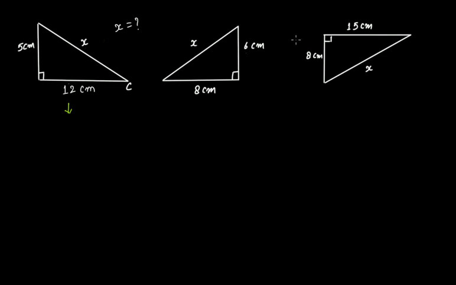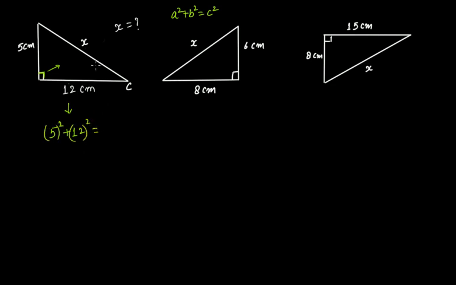X here, and x here. How will you do this? Well, it's a right angle triangle having right angle at this vertex, and the opposite side to this right angle will be this hypotenuse, right? So in this case, x is hypotenuse, and according to Pythagoras property, a square plus b square is equal to c square. You have to remember this one. A square plus b square is equal to c square, where c is what? Hypotenuse. So in this case, 5 square plus 12 square